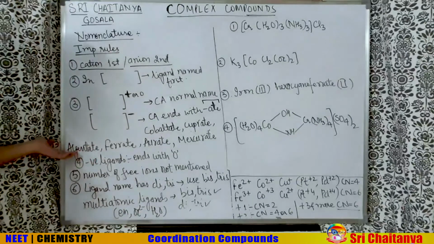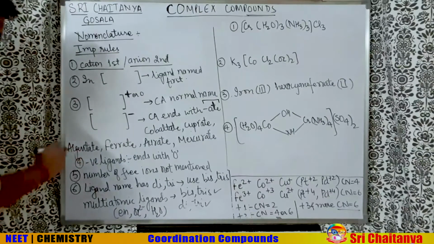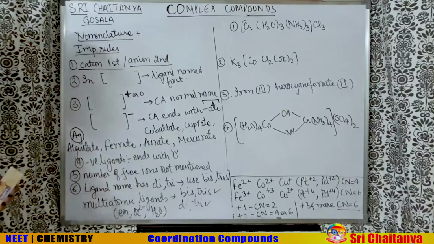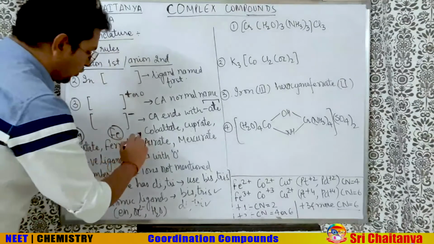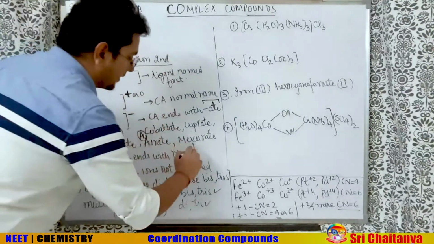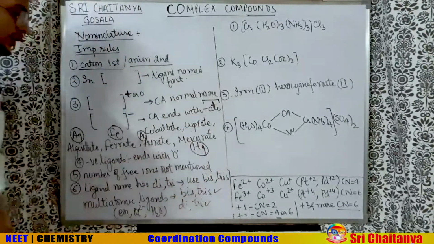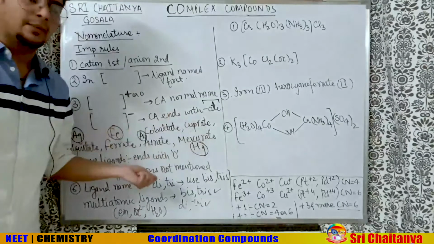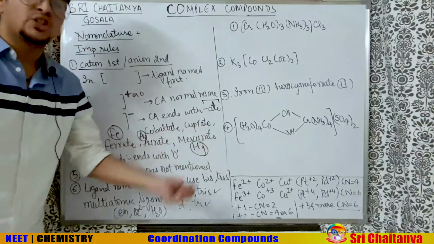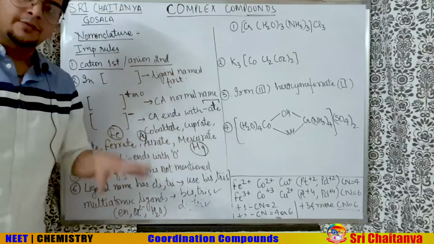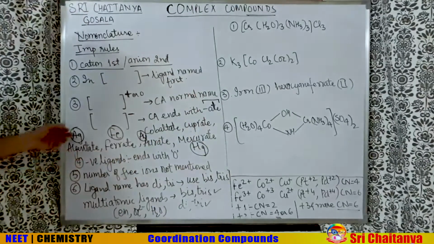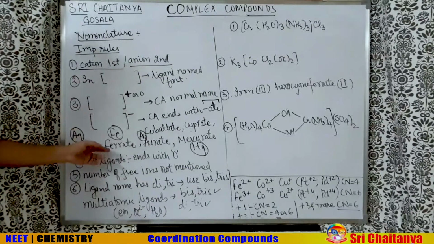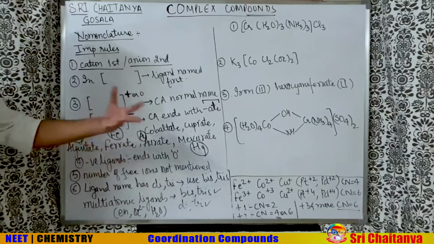Like for silver, we have the symbol Ag. So bhaiya, the name is argentate. Fe, ferrate. Gold, Au, aurate. Only mercury is there whose symbol is not derived from the English name. Mercury has the symbol Hg. Still, the name we are using for mercury with -ate is mercurate. You can see silver had the Ag symbol, so argentate. Iron has the Fe symbol, so ferrate. Gold has the Au symbol, so aurate.